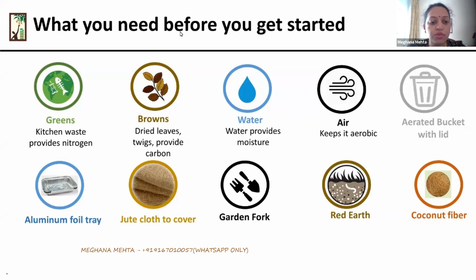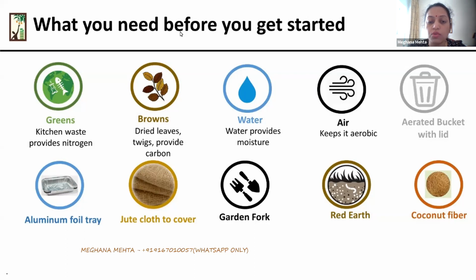We can put it to dry in any container, but if it is on the aluminum foil, it will reflect sunlight and it will dissuade birds. Birds will not be attracted. Otherwise, if you put your food waste outside to dry in your window, it will attract birds who think it is some kind of food and they come to eat it. They can create some nuisance, dirty the place and overturn the tray. So to dissuade birds, who are basically the ones attracted to eat the food waste, we put it on the aluminum foil.